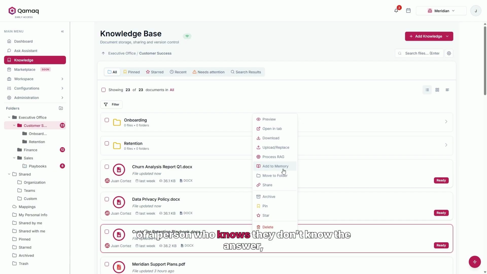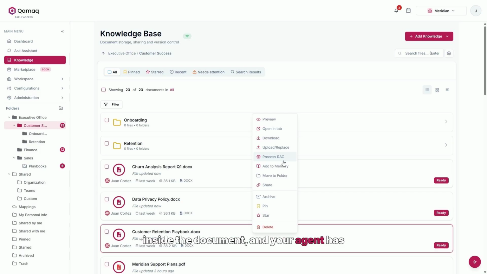Think of a person who knows they don't know the answer, but knows exactly which document it's in and where. You ask them about that document, they find the paragraph, and they read it to you. That's what process RAG does. The knowledge stays inside the document, and your agent has everything mapped out, so it can go straight to the